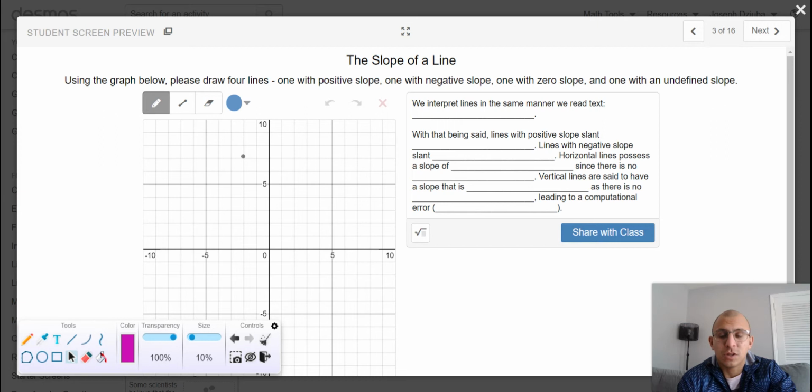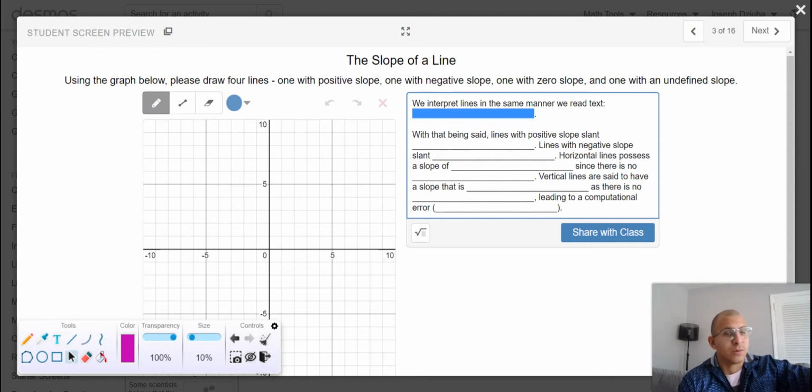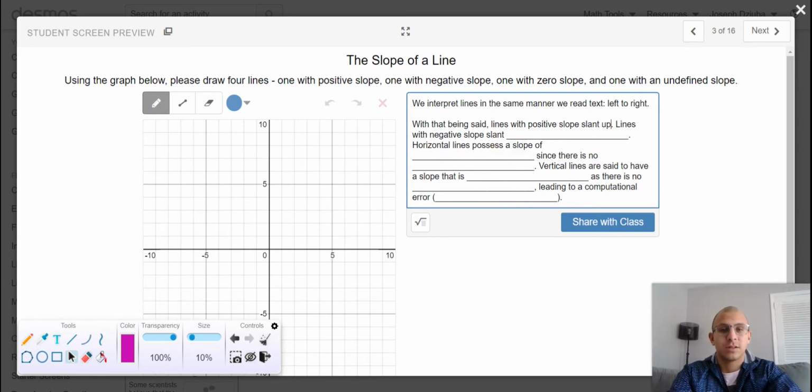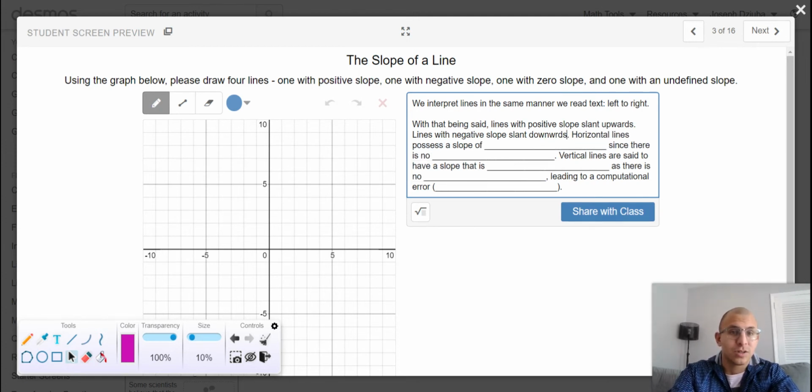Okay. So using this graph below, please draw 4 lines, one with positive slope, one with negative slope, one with 0 slope, and one with an undefined slope. As we had said in the previous slide, we interpret lines in the same manner that we read text, left to right. So if we wanted a line to have positive slope from left to right, our line should be trending upwards. Whereas lines with negative slope should slant